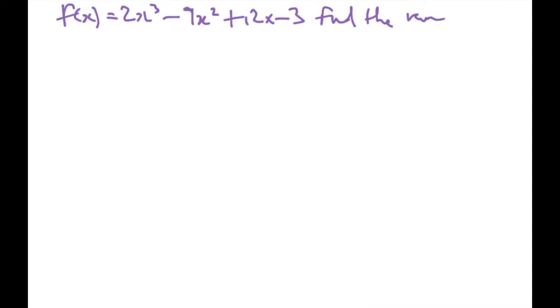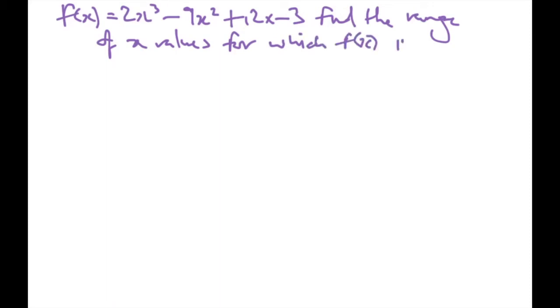f(x) equals 2x cubed minus 9x squared plus 12x minus 3. Find the range of x values for which f(x) is increasing. Okay, when a graph is increasing, we have seen this before, so the